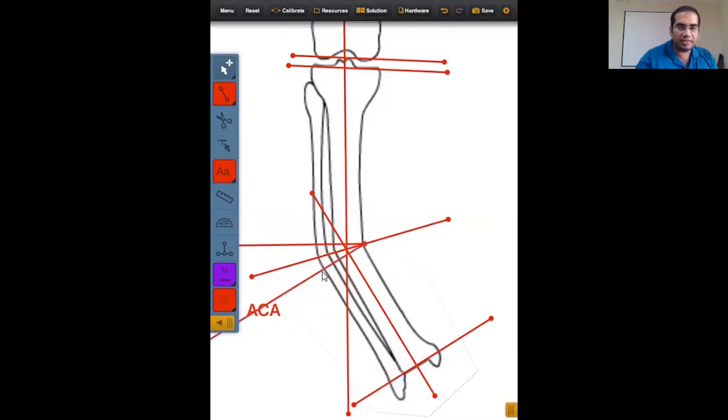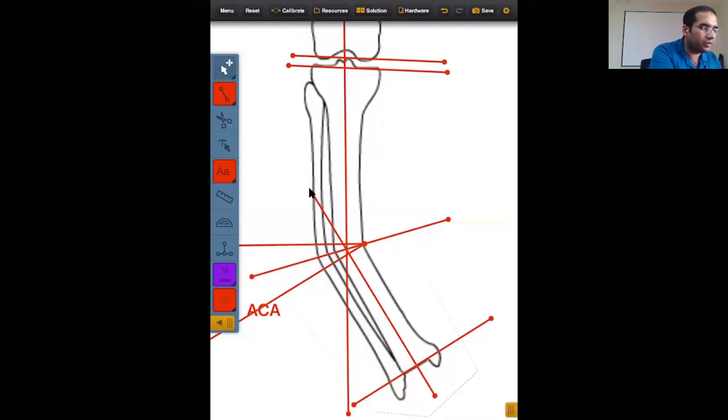So this line, let me mark this. This marked line, the area which comes in between is the actual size of the wedge that you need to remove in order to completely correct your deformity. And how do you do it? You just simply draw two lines and then with the help of a scale measure the length. Since it is an unmagnified X-ray, the amount of millimeters that you will measure on an X-ray would be the exact length of the wedge that you need to remove in order to correct the deformity.